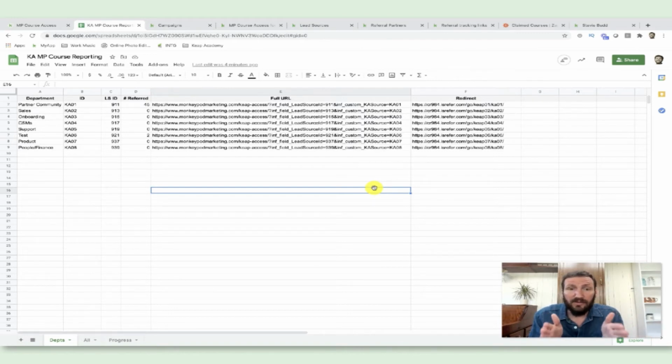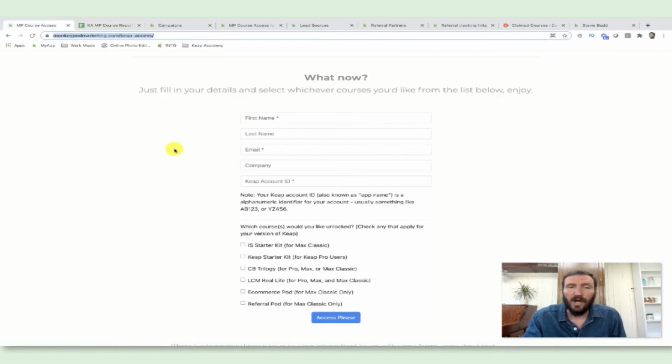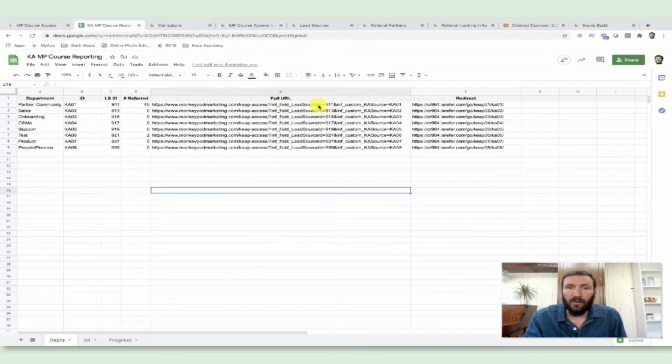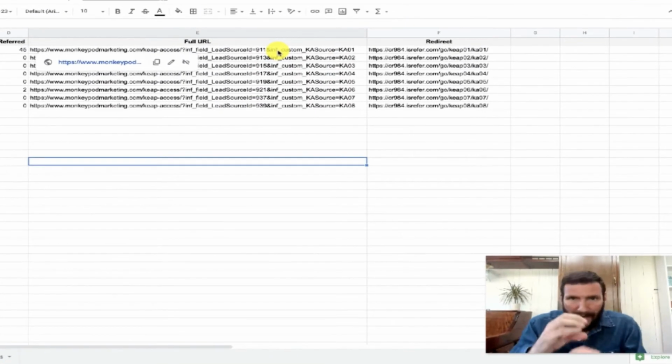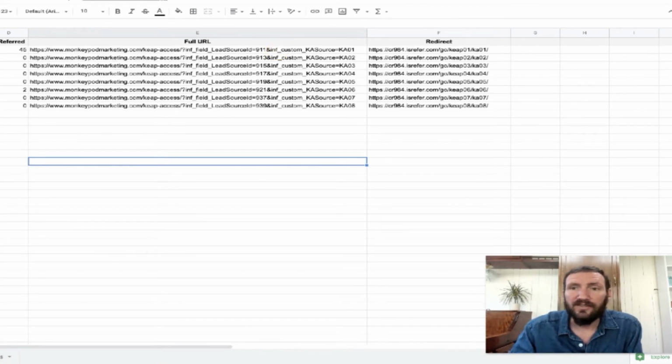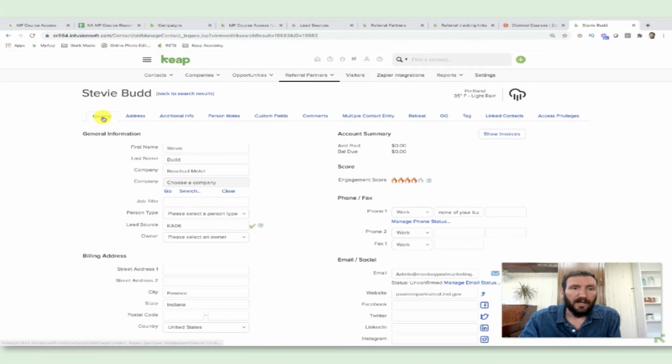But because I'm using a native Keap form embedded on this page with JavaScript code, when the page loads using these URL parameters, they automatically get mapped into the right hidden fields. The contact who is created as a result, their information that they supplied shows up, and the information that we supplied in the hidden fields also gets passed through to the right